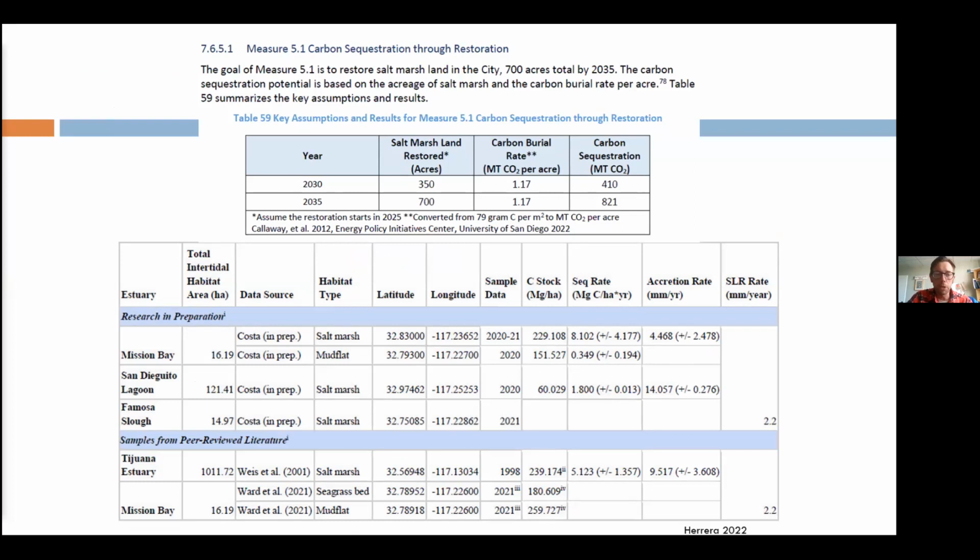It's not been published yet, but suffice it to say that just like Dr. Marina was saying earlier, there's a lot of research that needs to happen, not only about tidal wetland habitats, but all of our other habitats as well. They emit some methane, they emit some carbon dioxide, certainly, but they also sequester a lot. At the moment, tidal wetland habitat was the only habitat that made it into the city's climate action plan because there was enough research there to quantify what it would do per acre.